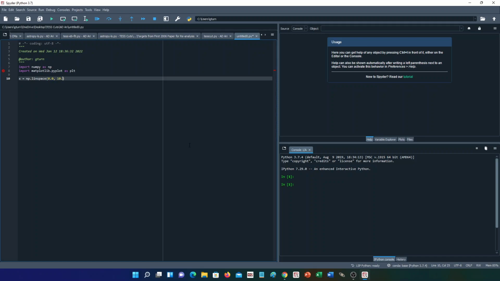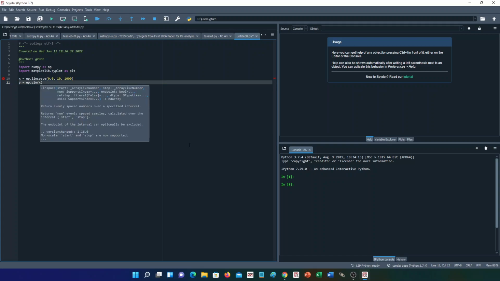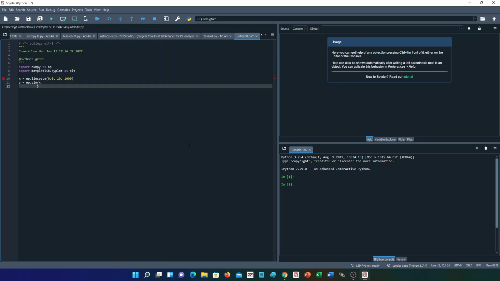So once again, I'm going to create a column of numbers from 0 to 10, and let's populate this with 1,000 elements. Just because computation is cheap, we can do that very easily. And I want to plot the sine function and take the sine of each of those x elements, each individual x value,